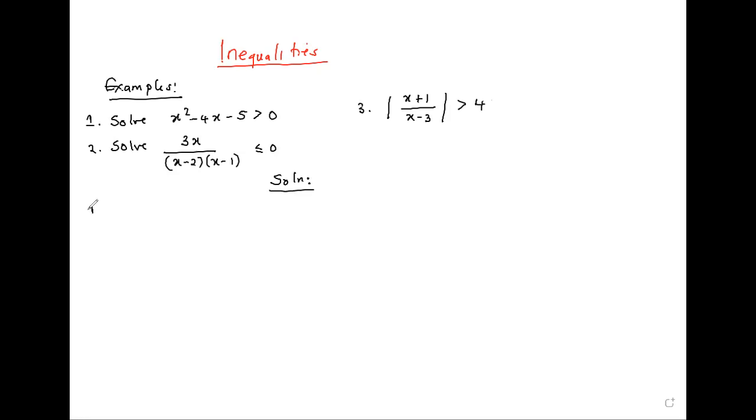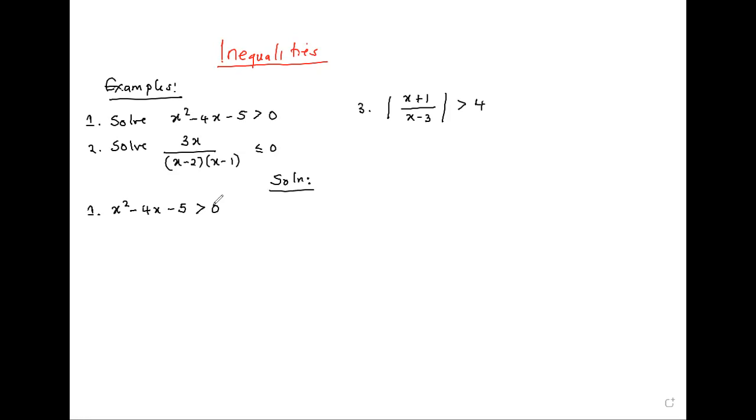Question 1. We have x squared minus 4x minus 5 is greater than 0. This is a quadratic. There are two ways. If you want, you can sketch it if you're able. Directly, that is. If you're not able, then you factorize it. So let's factorize this. It looks like it has factors,